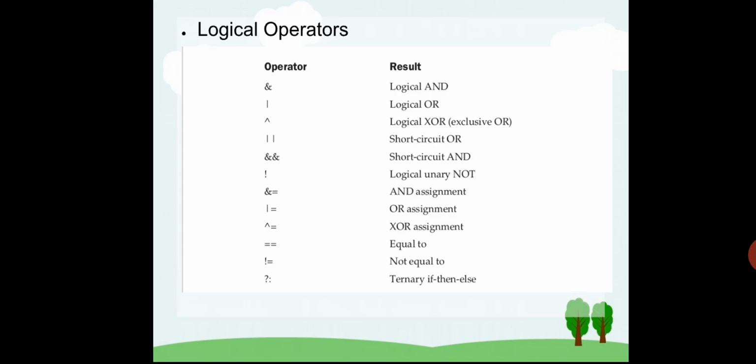You cannot find such concepts in the rest of the programming languages. Now you may say in C also we used double AND for comparing. So I will explain the actual difference here: in Java what happens, and in the rest of the programming languages how it is. You can see ternary operators. I believe you would have used them. I will give the example in later slides, but you can recall your previous programming concepts, because I'm pretty sure that you would have written many programs in C and C++. So you would have used most of these operators.